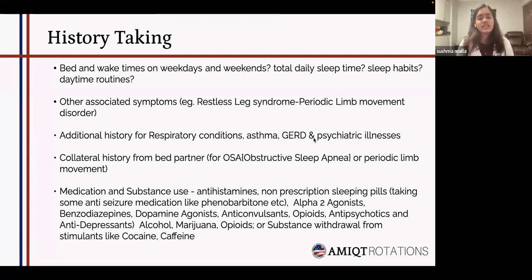And not just taking drugs, but also withdrawal. We have to consider that maybe the person just stopped taking caffeine. People who take a lot of caffeine for a long time and suddenly stop taking it must be having substance withdrawal. And even with cocaine, this happens.